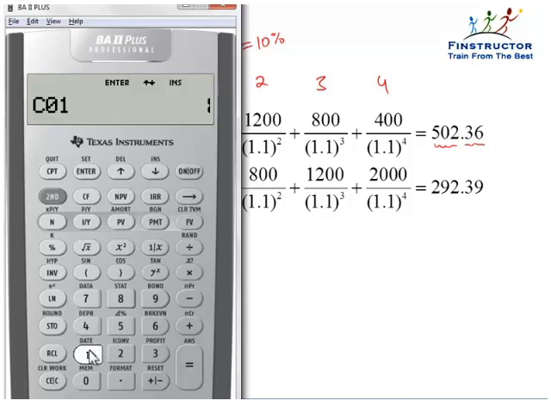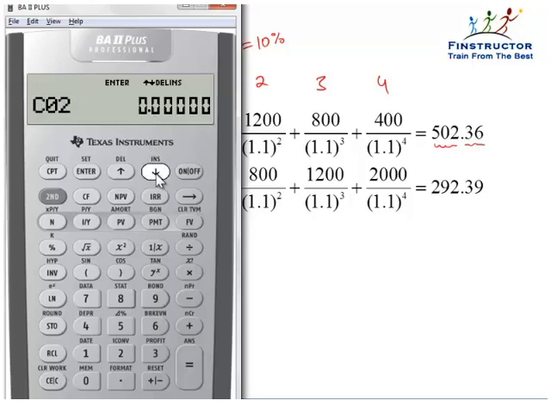It's $1,800. So press the button 1800 and press enter. Scroll down again, and you'll see F01 equals 1. Now this provision is given in case the number 1800 was repeating itself 10 times. That is, 10 years the cash flow was a constant 1800. Then instead of entering 1800 10 times, we would have just entered the frequency as 10, and the calculator would have understood. In our case, however, the cash flow is coming only once, so we'll let it be and scroll